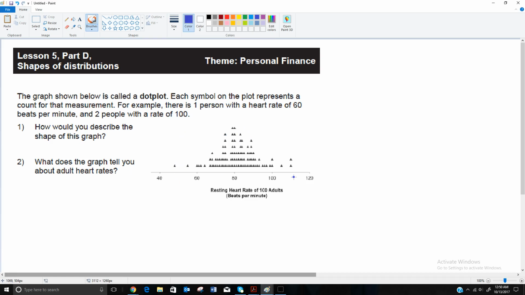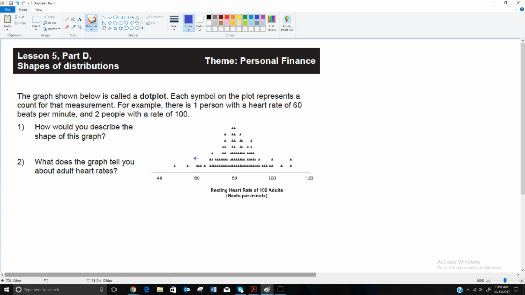We'd have to count all the dots. So how would you describe the shape of this graph? Well, just in general, we can see that the shape starts with a relatively small number of people in this area, then it peaks, and then it comes back down. So if we wanted to talk about a shape, we might say that the shape is like a hill,